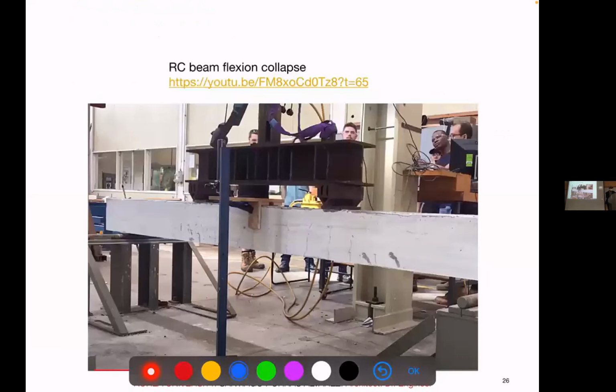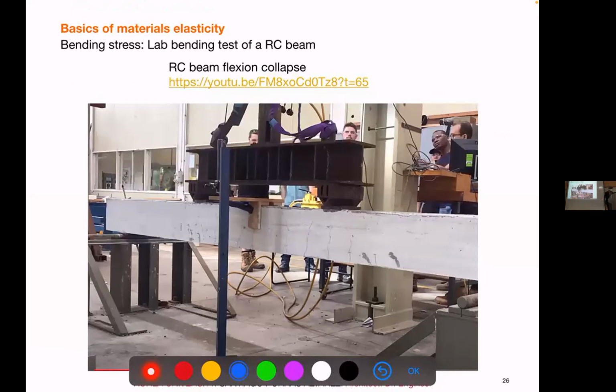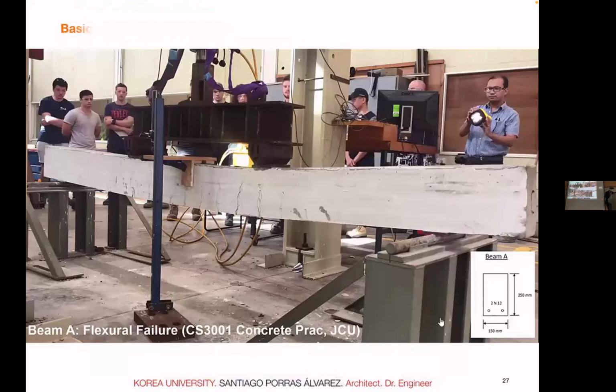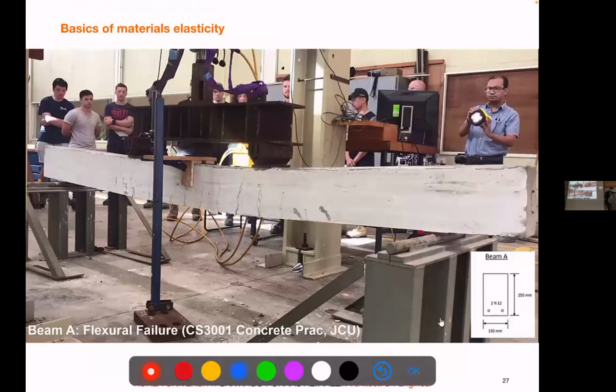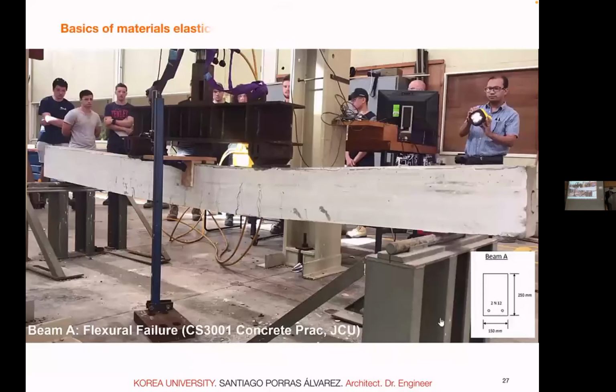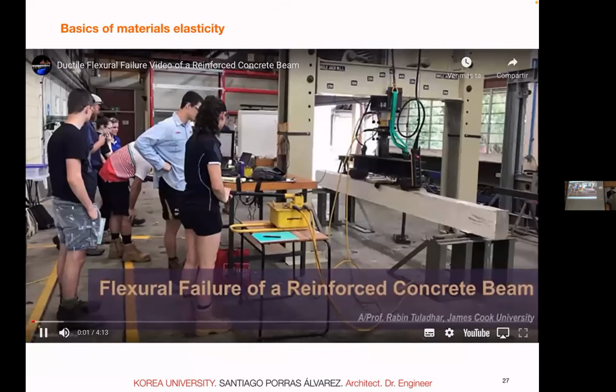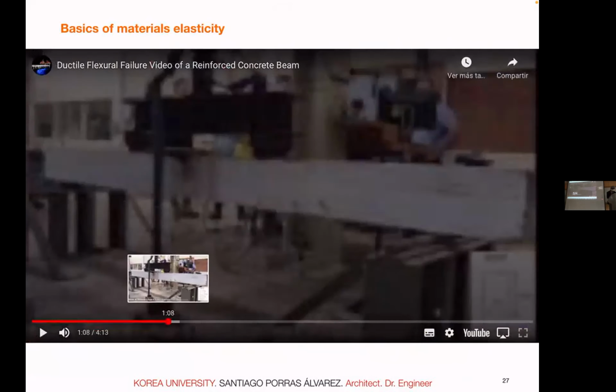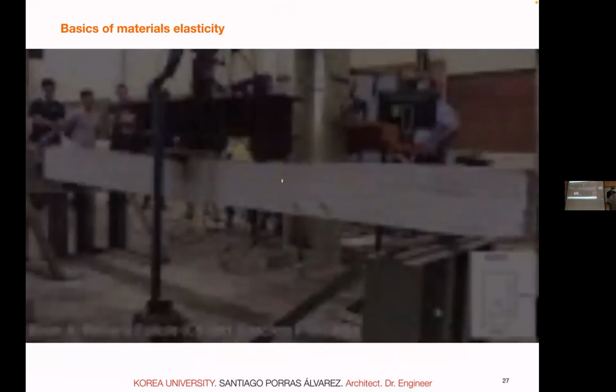Okay, let's go to something which is more familiar, the bending collapse, right? So just a plain beam. Here you will understand very well because this is what we see every day. Let me see, because I have to make this work and put some fast forward. No, let me try again. Okay, it's working. So it's quite long. In this video, we'll look into the typical flexural tension. Okay, let's start there.